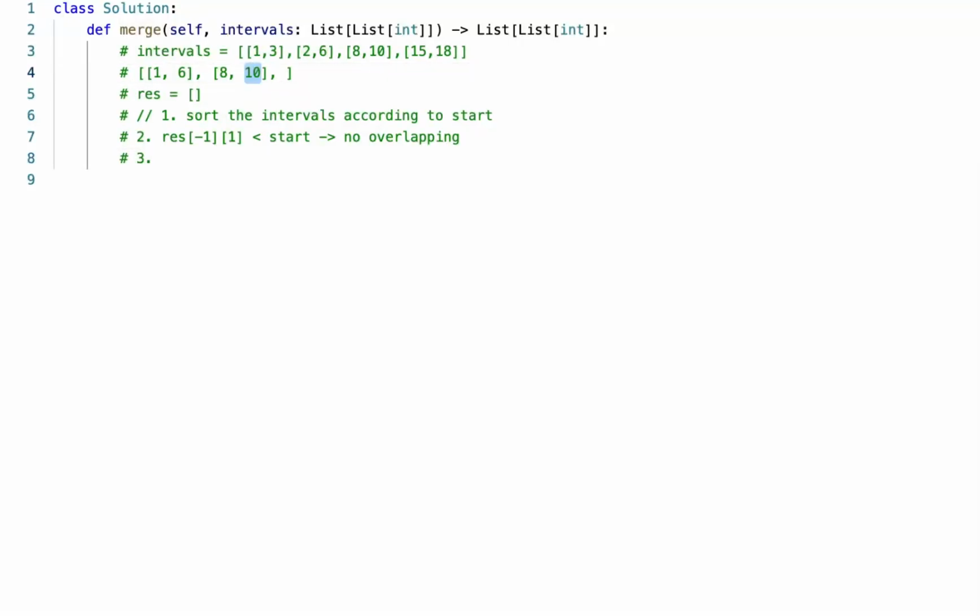If that one has its end superior or equal to this one,